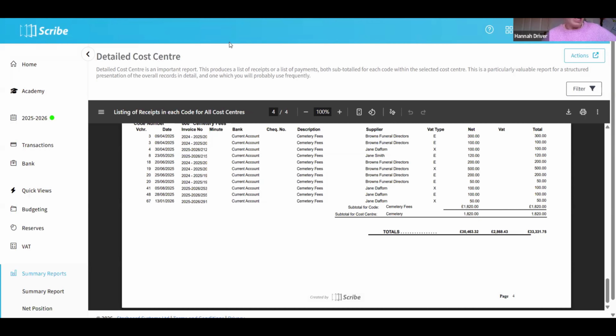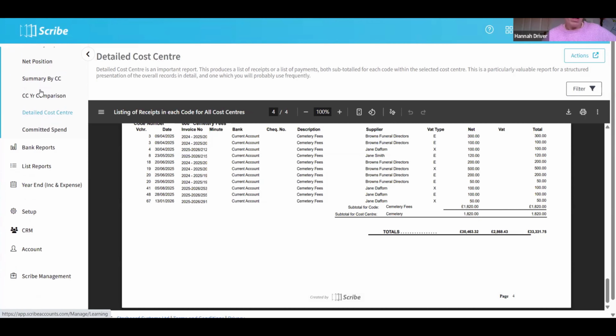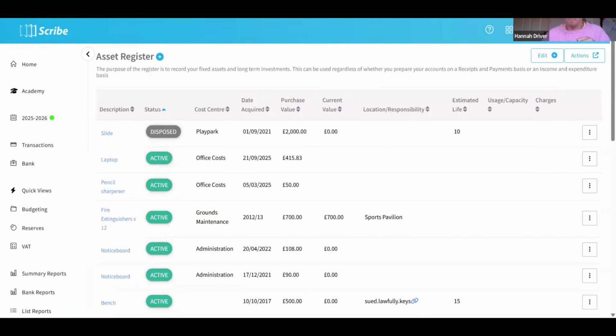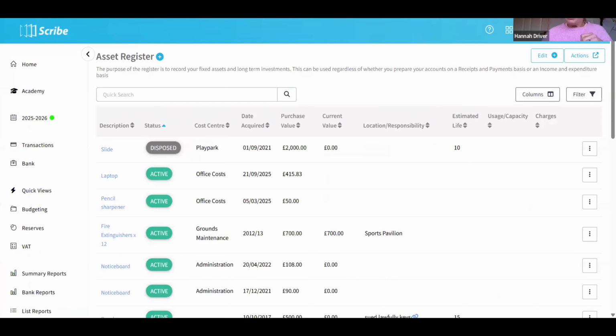Super. So to finish off then, number 6 is the asset register. So if we go into our year end, you'll have the asset register. Even if your receipts and payments, income expenditure, the asset register is the same menu option in here. So what we've talked about a lot today is what will populate boxes 1 to 8, so the main sort